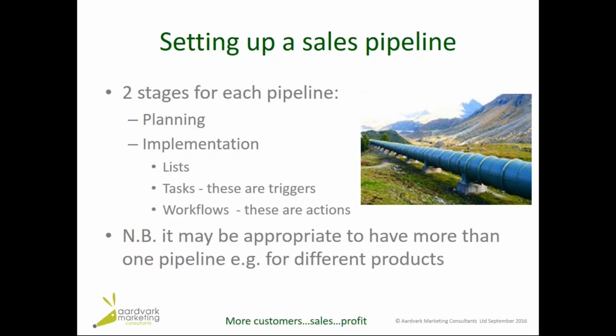It's quite often appropriate to have more than one. If you sell different products, it makes sense to have different pipelines. So you can send that specialized content about a particular product, and then if they're interested in a second one, you put them down a second pipeline. That's absolutely fine. So we use referrers and sales pipelines in ours. It's useful to have that, but to start with, we just set up one and get that right and get everybody comfortable with how the software actually works.